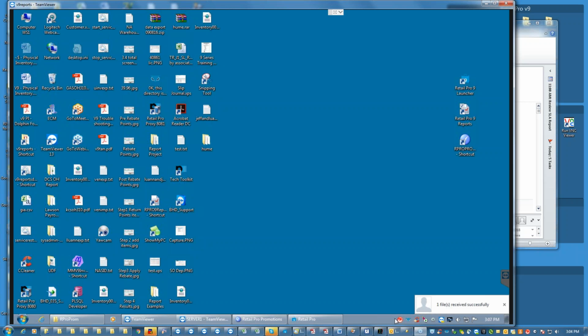I might pop in and out of the version 8 just to show you the similarities. There are a lot of similarities. The version 9 tool is much more detailed, so we do spend the bulk of our time looking at the V9 tool. All right, so